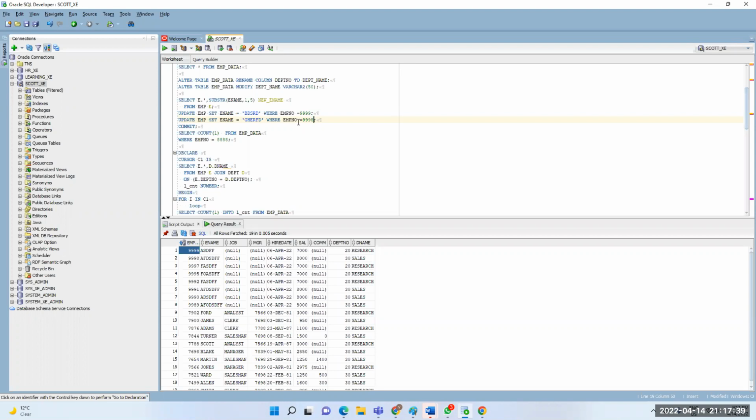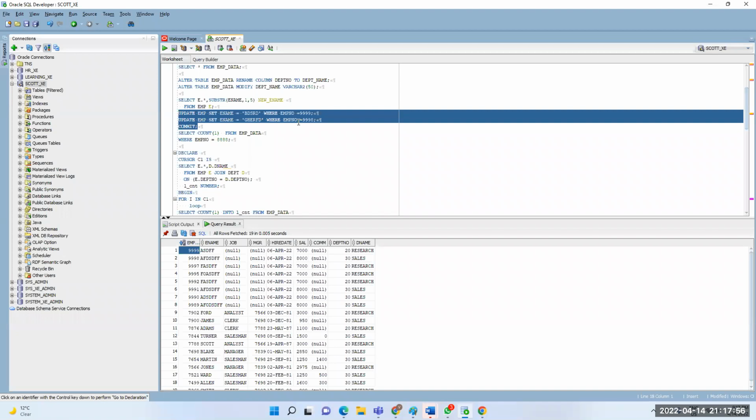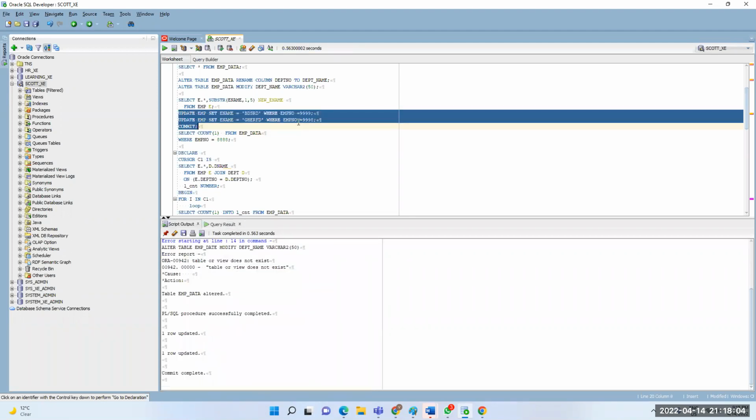Now in this case, I'm updating 2 records, 999 and 999. Old values are ASDFF, AFDS something. Now one is starting with B and one is starting with G. Those are the new names.